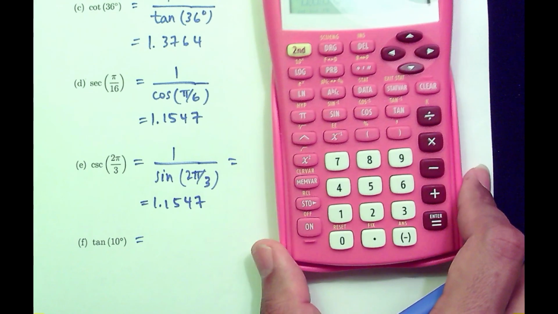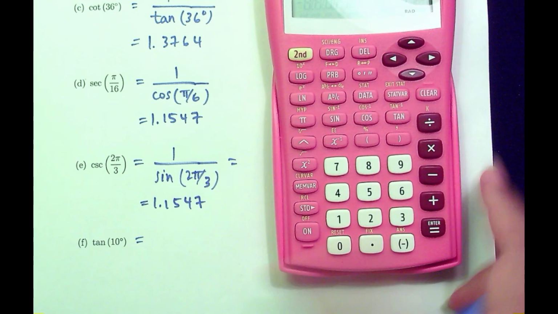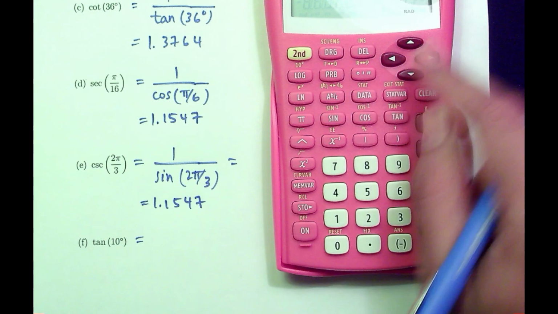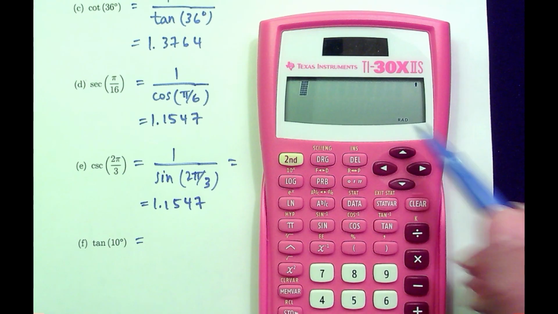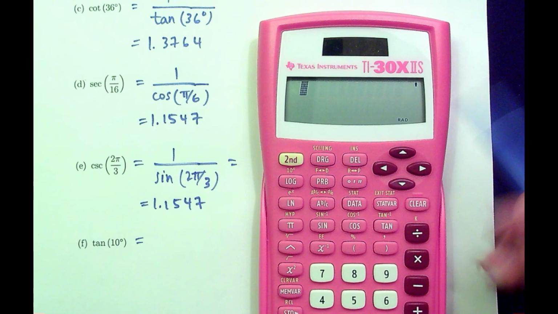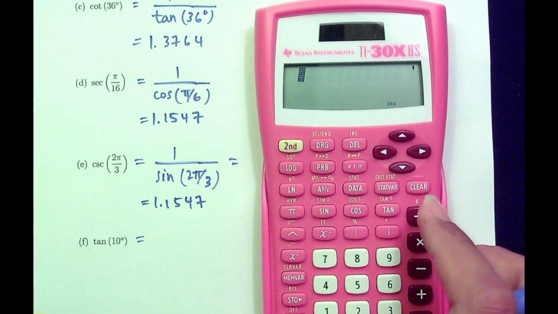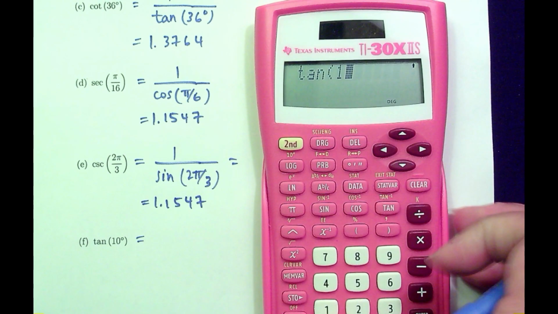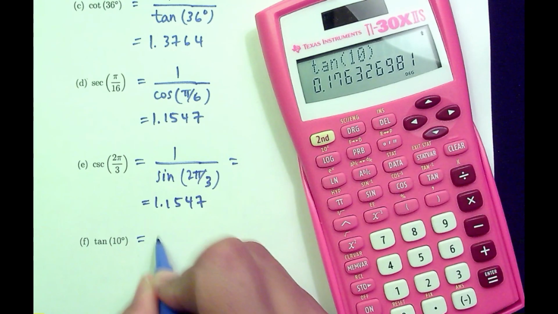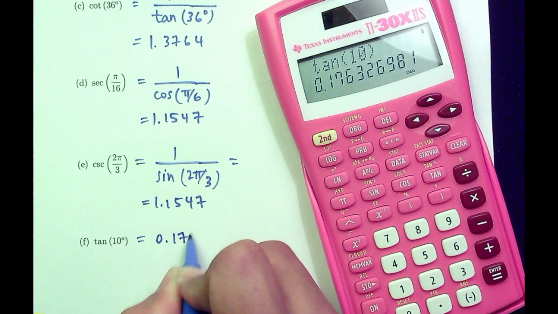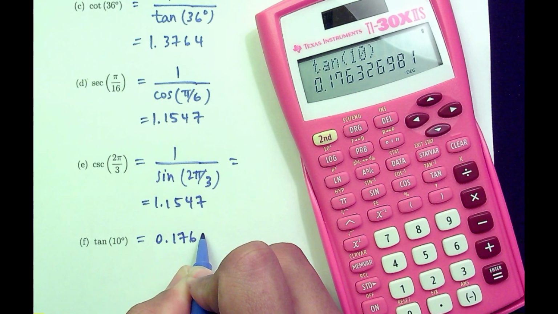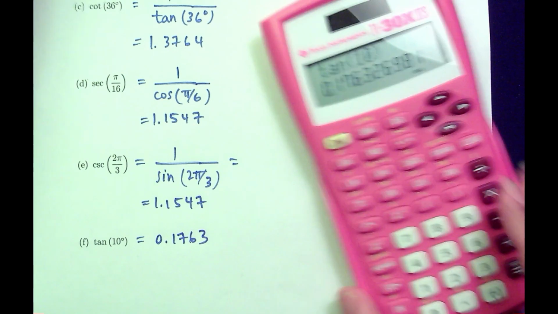And then the very last one is tangent of 10. Now you see it's in radians. If I do it now, it's going to give me the wrong answer. So change back. Now it's in degrees. And then tangent of 10 is 0.1763. Okay,